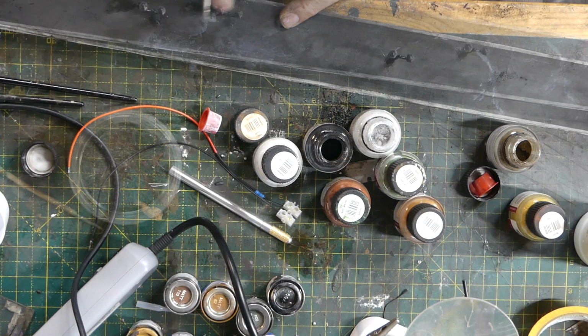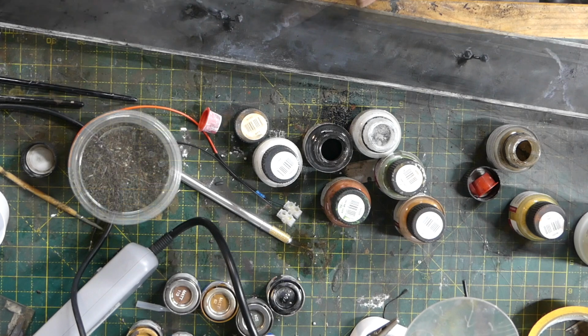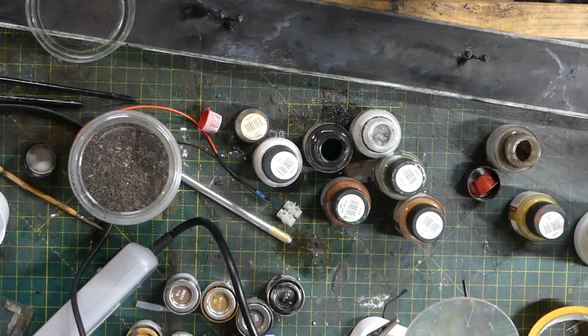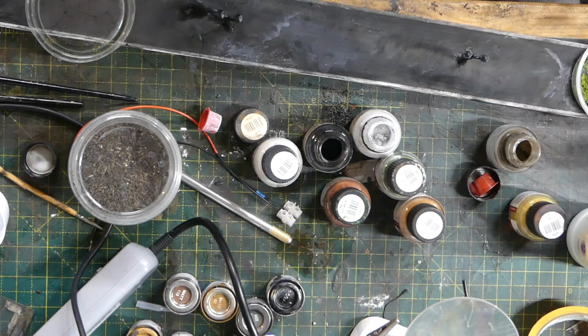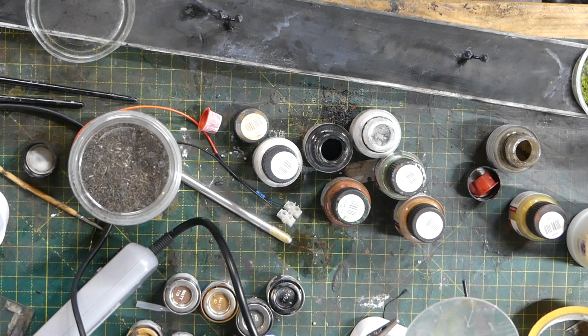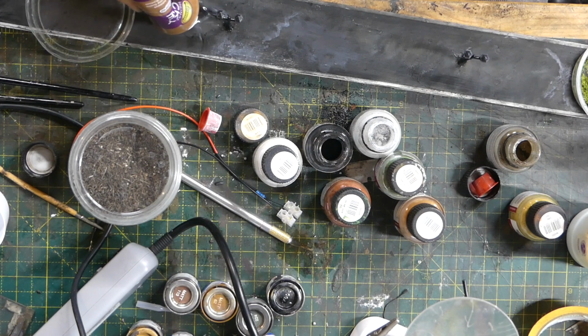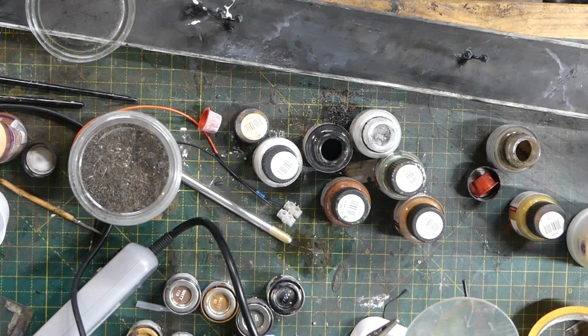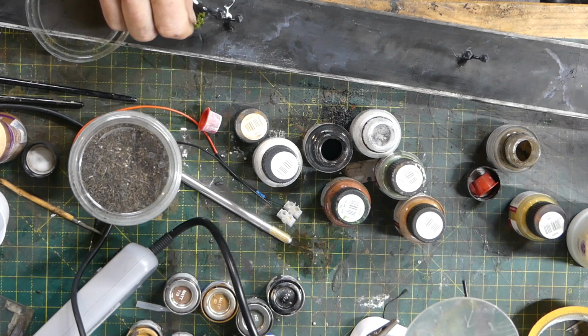Left of some of the colours. You can see that. Get this right. Just a little bit of flock that I've got, and I'm going to use just a little bit of this tacky glue in places, just to try and suggest a bit of weed or two. I'll try it there. If I don't like it, I'll take it off. But,